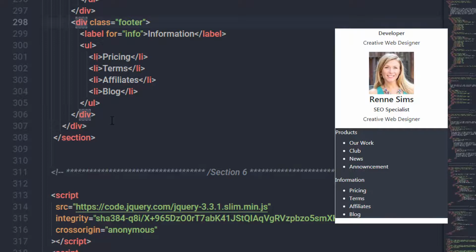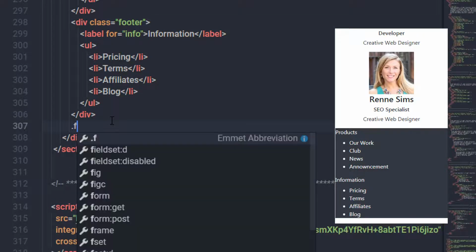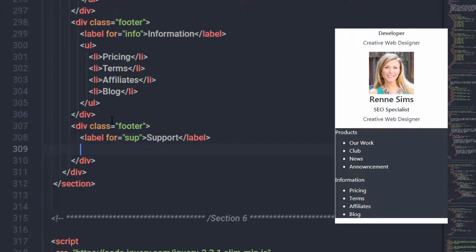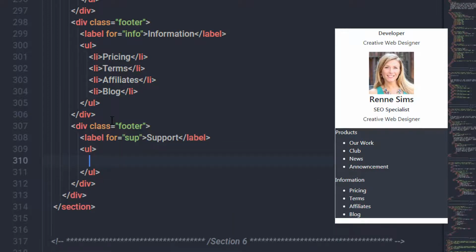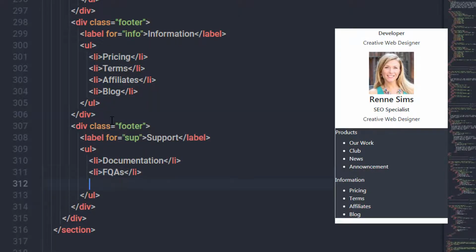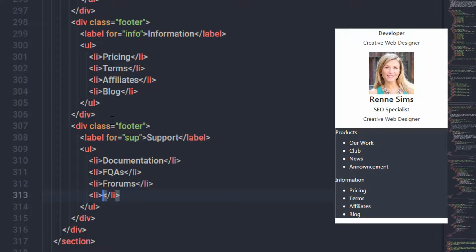And just after that I'm going to just create a footer 3, so I'm going to say here footer and then specify a label for support, right? So I'm going to say here support. Then I will just create a URL tag, and in the URL tag I'm going to create li tag with documentation text, right? Just after that just create another li tag with the frequently asked questions, right? Then create li tag forums and then for the contact. Save the changes,